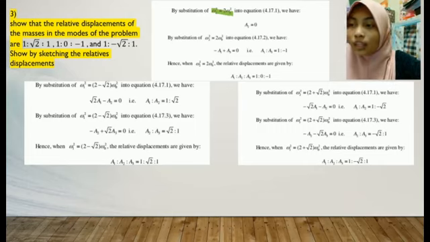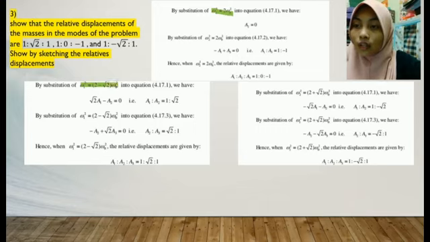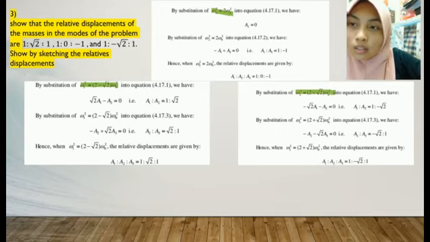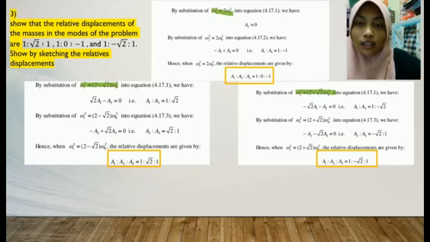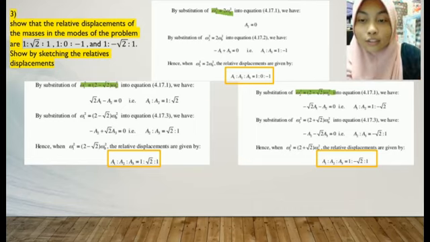For the second one, I substitute into R1 and also R3. For the third one, also substitute in the same way. When we substitute all those values, we get the relative displacements: for the first one, 1, 0, negative 1; the second, 1, radical 2, 1; and the third one is 1, negative radical 2,